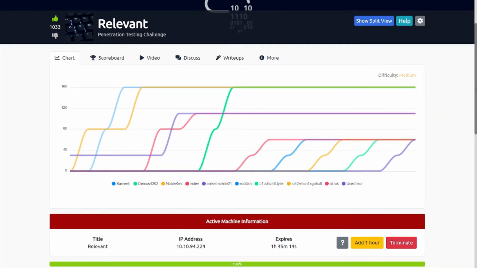This time we're going to go over this room called Relevant, which is a penetration testing challenge on the TryHackMe